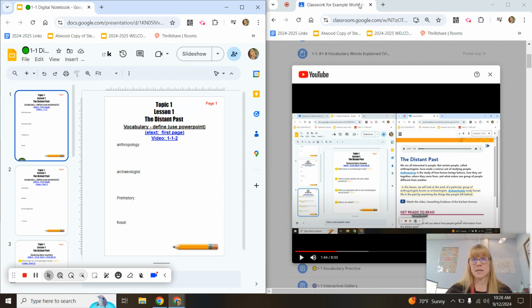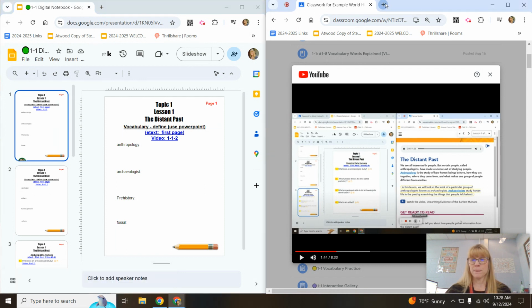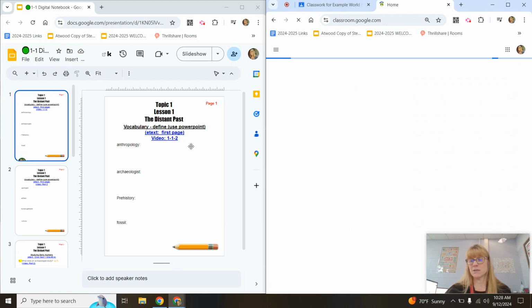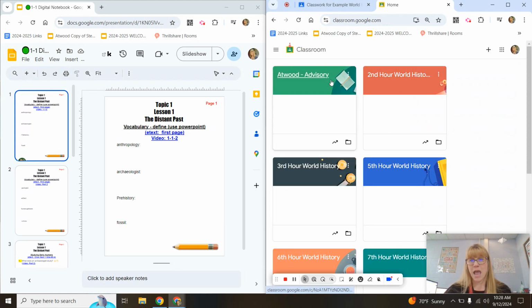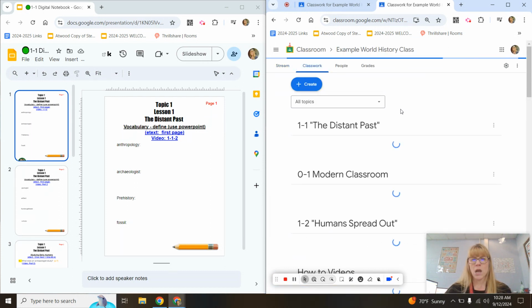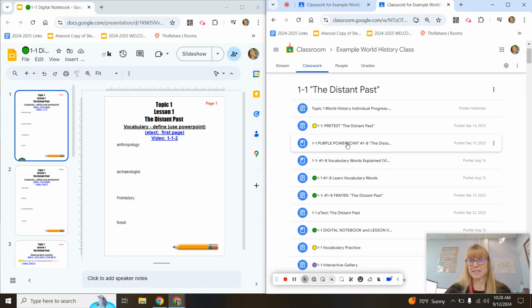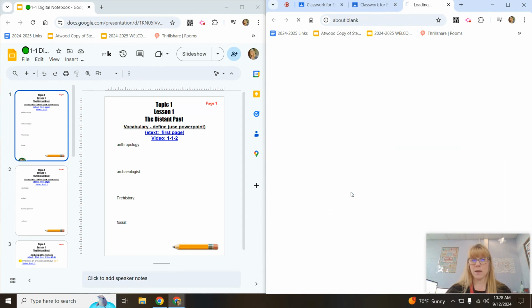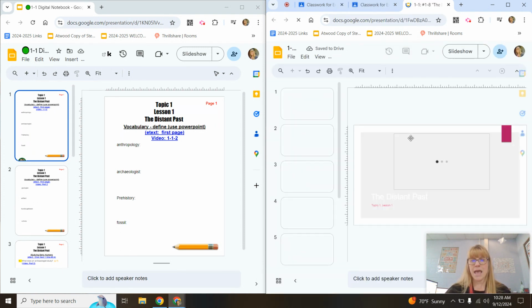To get your vocabulary words, the definitions for them, let me show you what you need to do. Let's go into your Google Classroom. Notice I'm still keeping this split screen. I use this example world history class for all of these. So under 1-1, you will see this purple PowerPoint. This is what you use to help you with your vocabulary words. So open that purple PowerPoint,